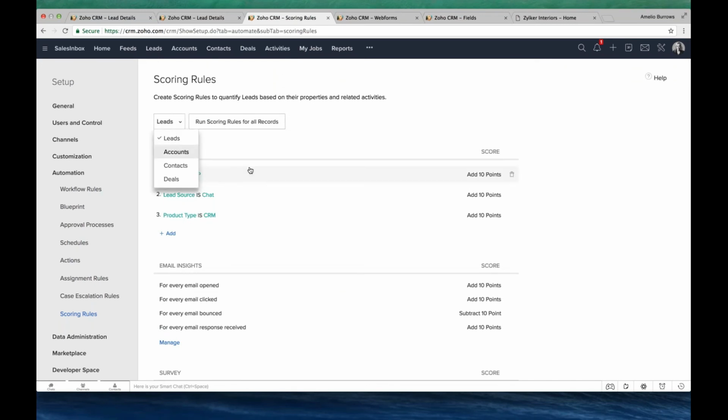This is pretty interesting. You not only get to score actions that are based just on inside CRM data, but also the system integrates with other third-party apps, like GoToWebinar, and then depending upon their actions, you get to score. Somebody attends a webinar, 20 points. Really cool. Yeah. As of now, these are the four modules that we have supported, and we are extending it to all the custom modules as well. So that's about the scoring rule.